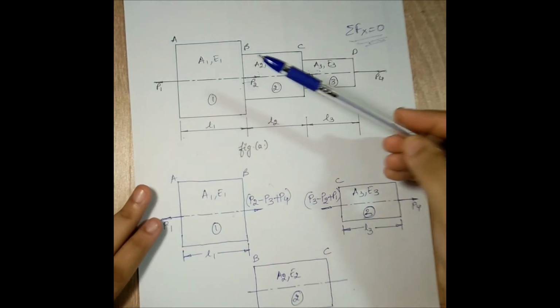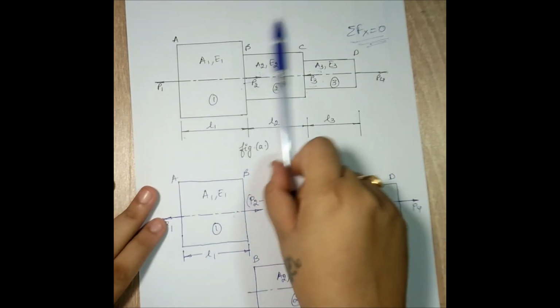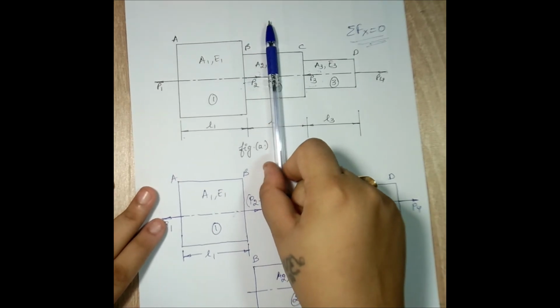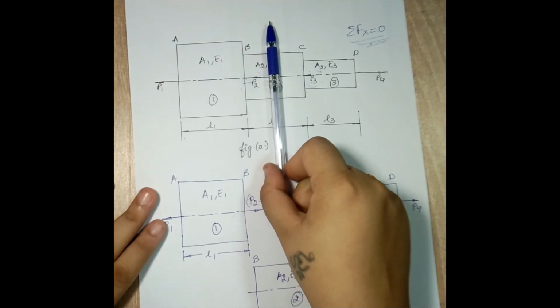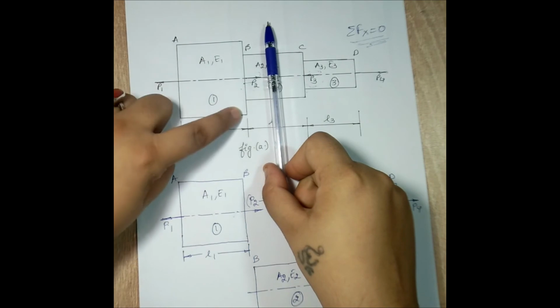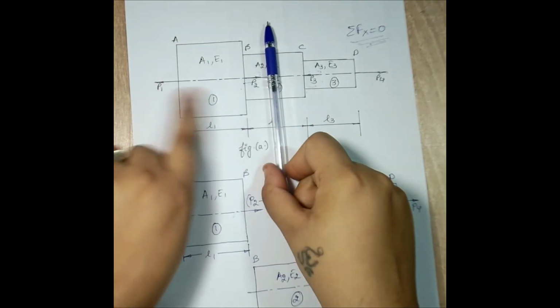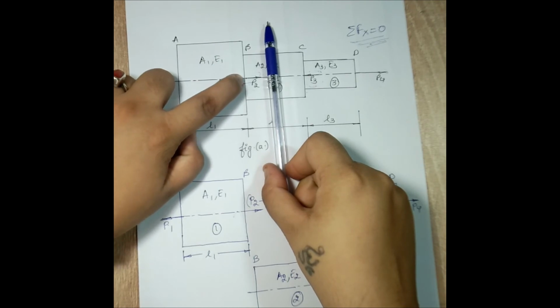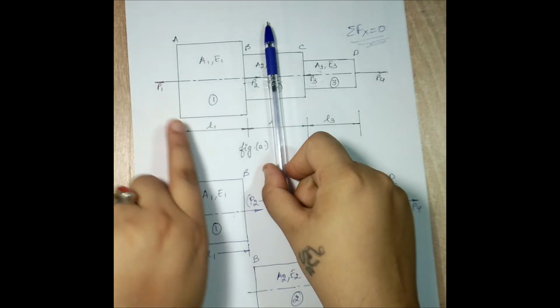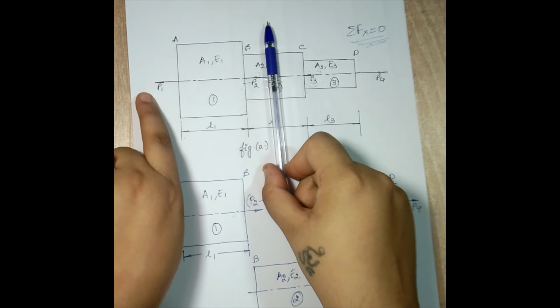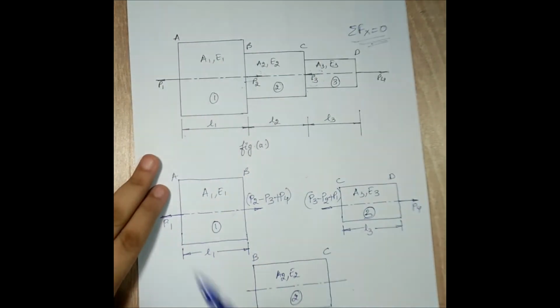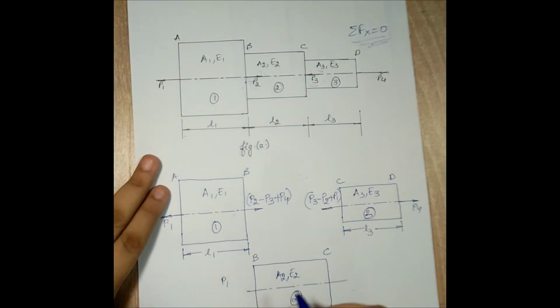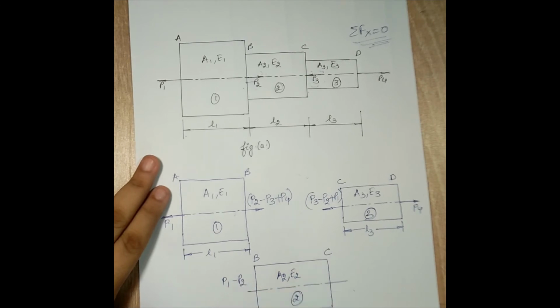Let's observe. At junction B, when I stand here, let's assume that I'm standing at the center. When I'm talking about junction B, I can see there are two forces on the left hand side. First is P2, which is going to create a compressive kind of effect on B, and P1 will create a tensile kind of effect, which is very evident. So I'll write down P1 is tensile minus P2.